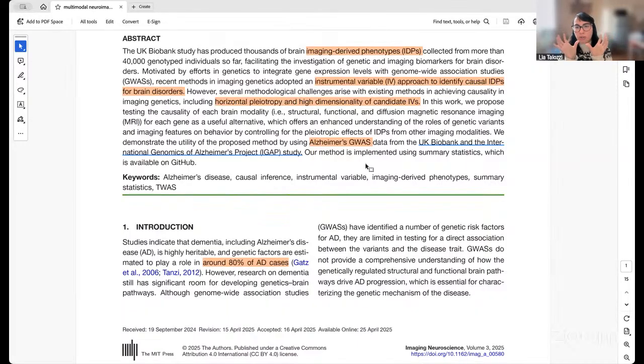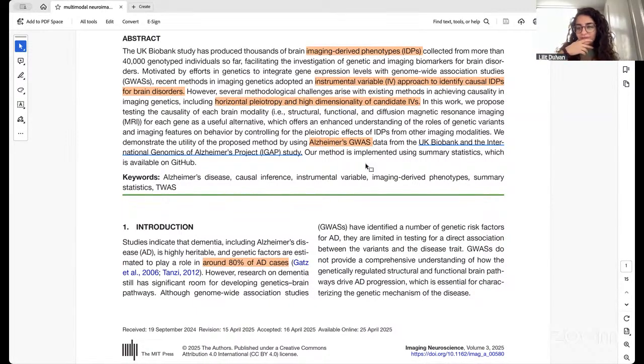Somehow they want to see a correlation that is maintained between the SNPs, the imaging, and also the Alzheimer's. It's not just between all of them, so it should be in one direction. But then it's still a correlation, am I wrong? Yes, of course, we are doing correlations. So I thought when I read causal, maybe in that field it's interpreted as gene causing something, but in the end, methodologically, it's not a causal relationship. Yes, they are trying to correct for what they call